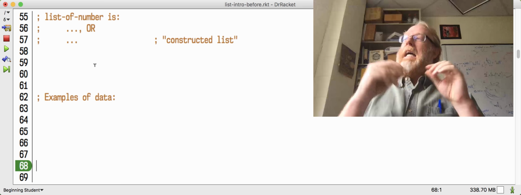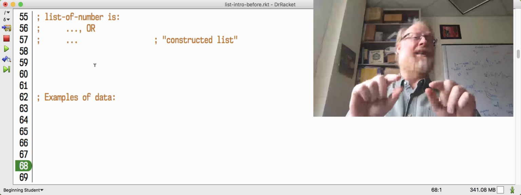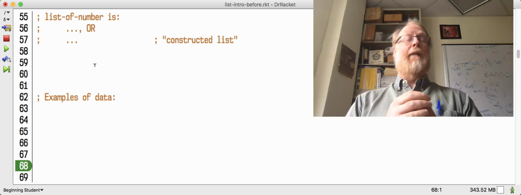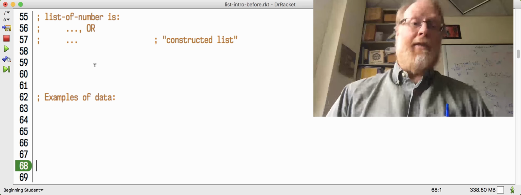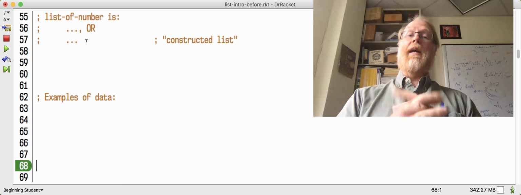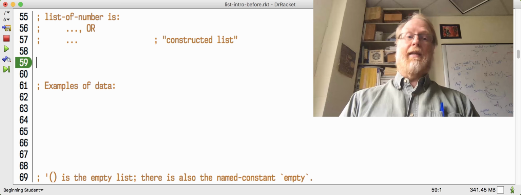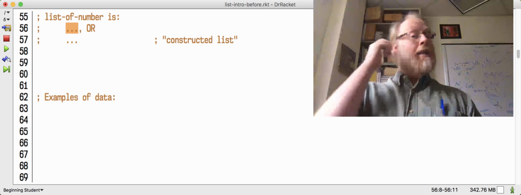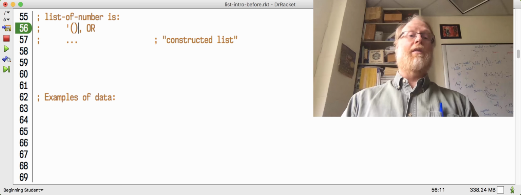What we really need is an actual definition we can use to create our code. I want to know how to represent a list inside my program, okay? And we're going to assume it's not built into the language, okay? We can do it. So here's how we're going to represent a list of numbers. I'll give you the data definition, and then we'll work on it from there. So a list of numbers is either the empty list, which I'm going to write as tick, open, close,